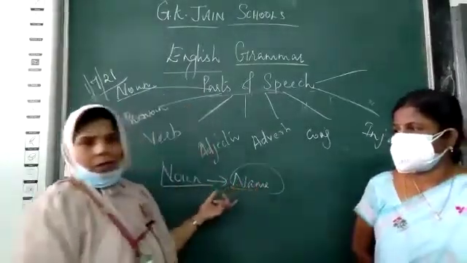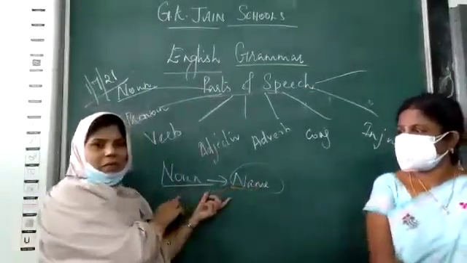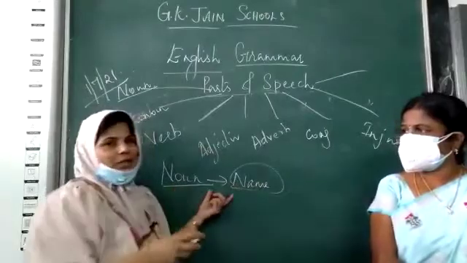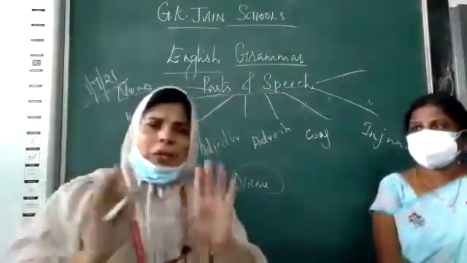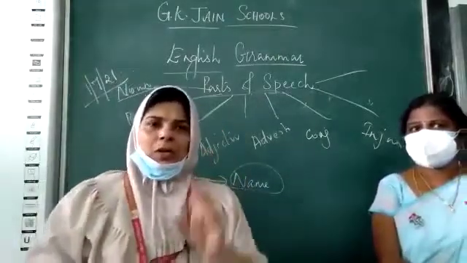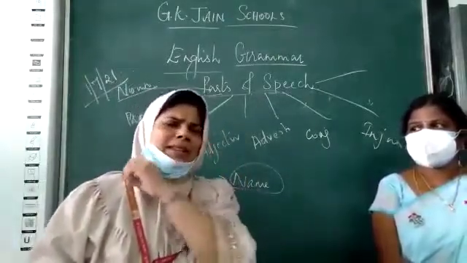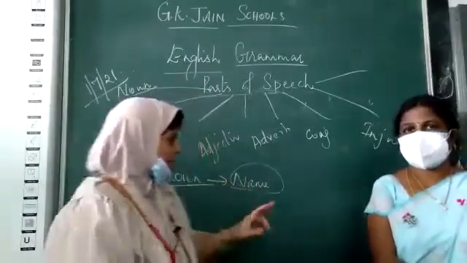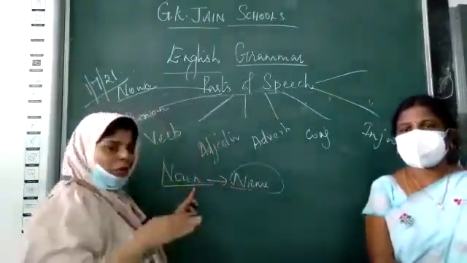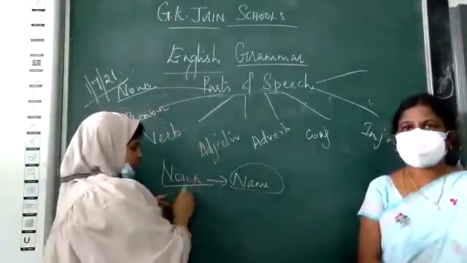Okay. So we'll continue, children. The first part of speech, as I said, is noun. And what is a noun? As I told you all, if I show you something, anything around you, when you name it, it is a noun. So anything that you name, let it be X, Y, Z, any name that you give. X is a name. So when you name something, that is called a noun.